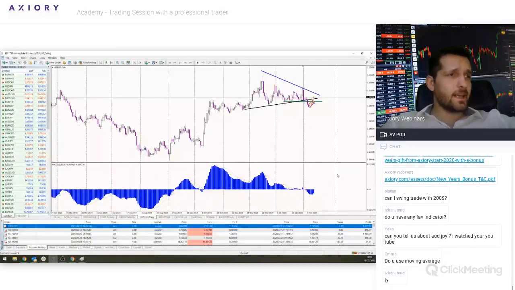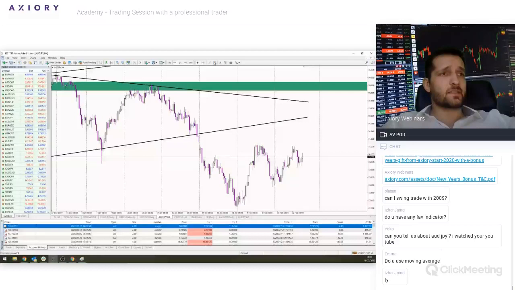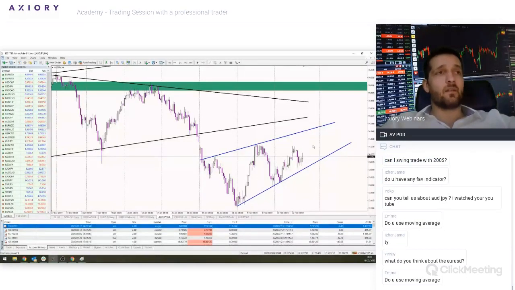Australian dollar, Japanese yen. Yes, sure, I can tell you about this. The latest development is this inverse head and shoulders formation, right? It has this neckline here, but it can also be a wedge. For now, the correction can continue. In my opinion, a breakout of the upper line of the wedge could give us a buy signal, but short term, as we are